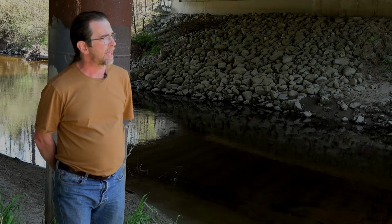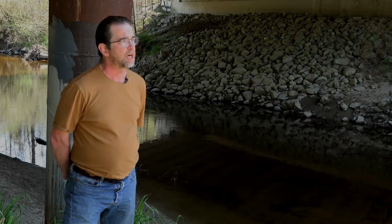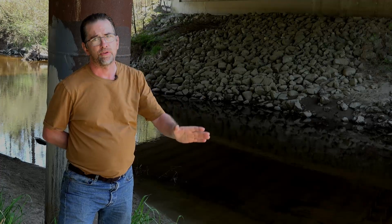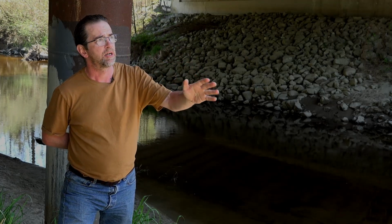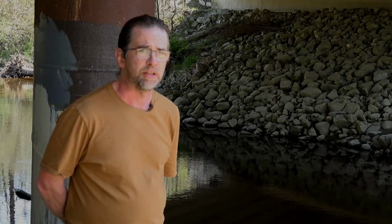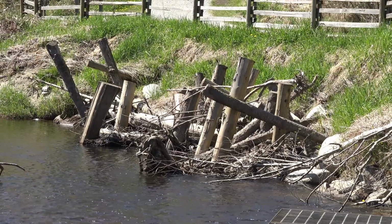So looking at the site and kind of judging the area, we had a few options. One would be to add a substantial amount of riprap, which would be kind of the typical civil engineering way. That would have required, because the riprap has to be on a relatively gentle slope, either the riprap would have to project into Kanaka Creek or the bank would have to be pushed back, pinching the road space. The other thing is that riprap is not great for providing fish habitat and complexity, and can often result in moving the erosion downstream. So rather than go with plain rock, we went with a combination of various types of